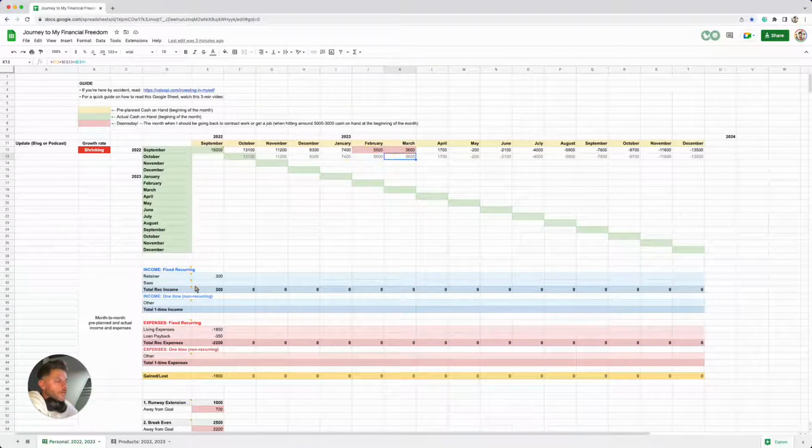As you can see, if nothing changes, the doomsday still remains in February and March in October. So if I don't add any new SaaS MRR or one-time income, or if my expenses stay the same, the doomsday is 3 months away, 4 months away. So let me illustrate this in another way. Let's say in the month of September, we start with 15K, which is the case, and I add about